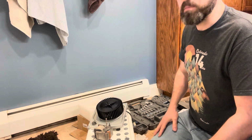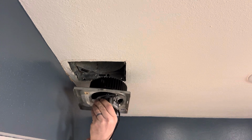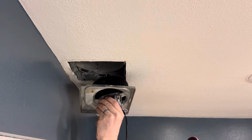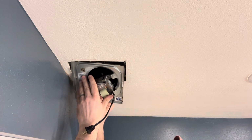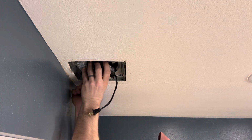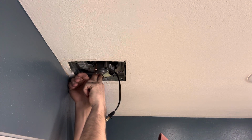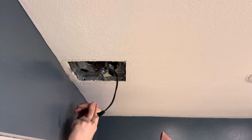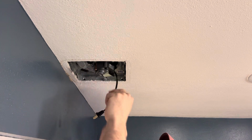Okay, let's get this thing back up in the air. So you've got that spot with the two tabs here, with the single tab over on this side here, further from the camera. We're gonna go up and slip in the two tab side. Get those home, and then the single tab side should just slide up and give a gentle click. That was it. That's all there is to it. The plug is exposed, everything lines up well again. Just gotta plug it in